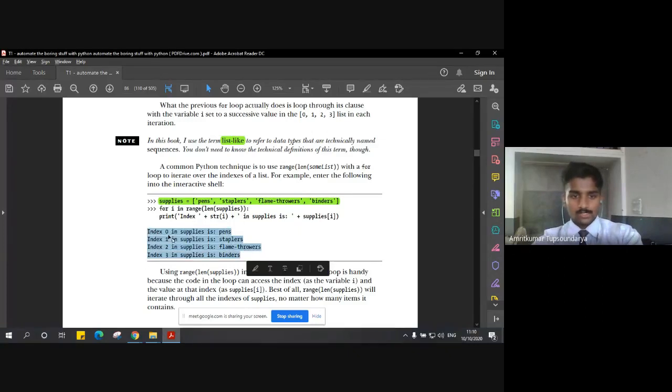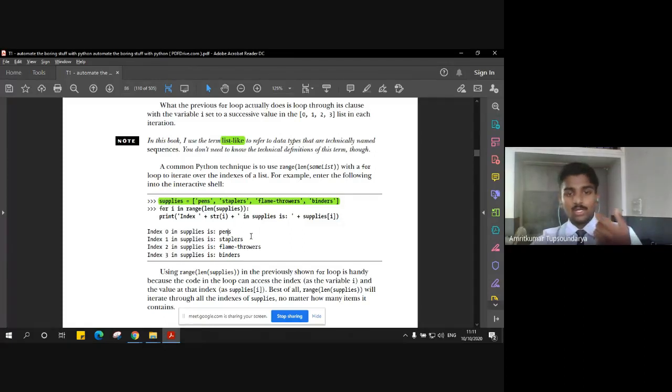That is index 0 in supplies is pens, index 1 is staplers, and so on. So this is index 0, index 1, index 2, and index 3. So this is a simple example of how a simple for loop, which makes use of range, can be used with reference to a list.